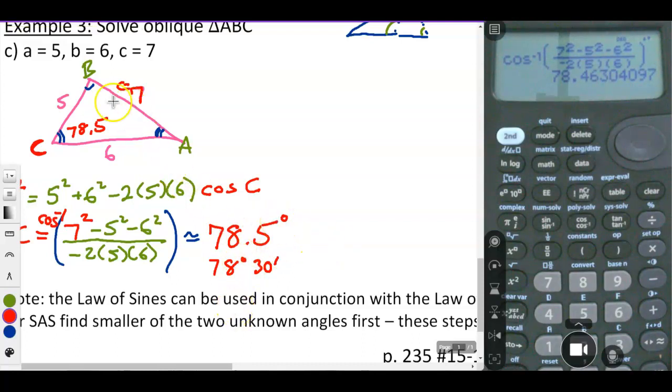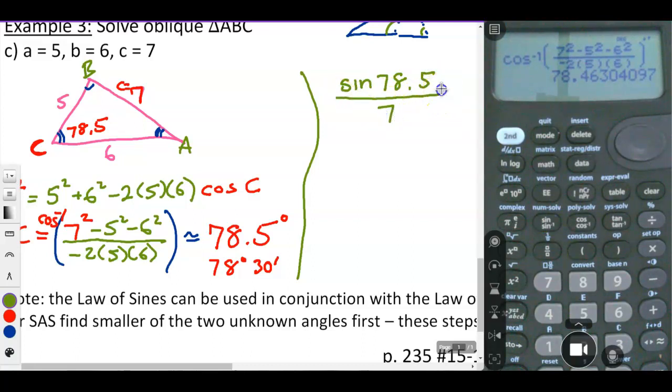But of course we're not done. We need to find A and B. So it's up to you. Now it's truly up to you. You can find A or find B using the law of sines. Right? So we now have a side and its angle counterpart. So now I can use law of sines and say sine of what we just found, 78.5,